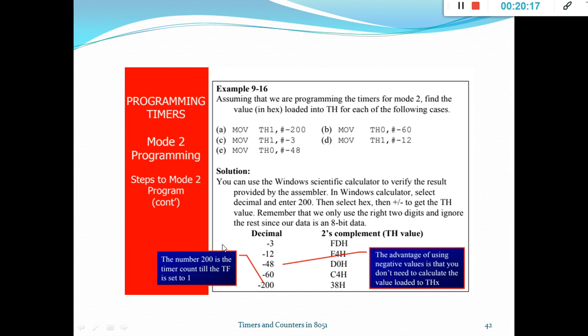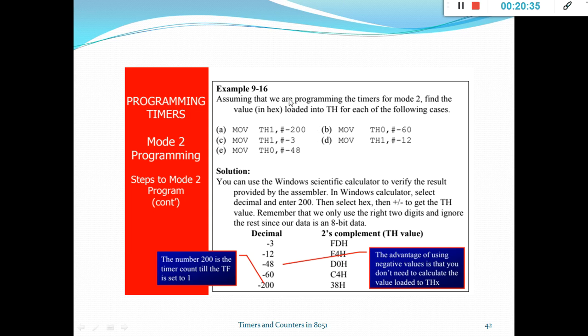Okay. Next, when you are writing the program, whatever value you are loading in the TH or TL register may be a hex value, a decimal value, or a negative value. So these are some instructions where the value is loaded in terms of negative.